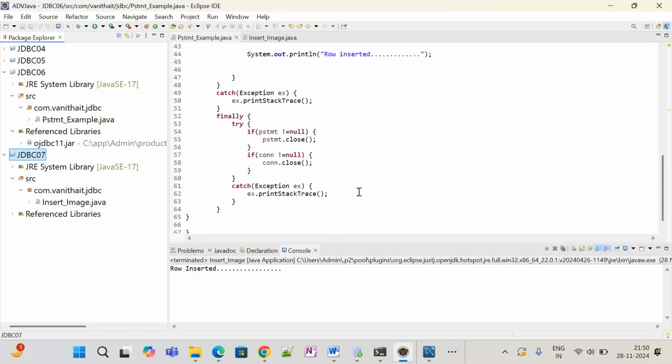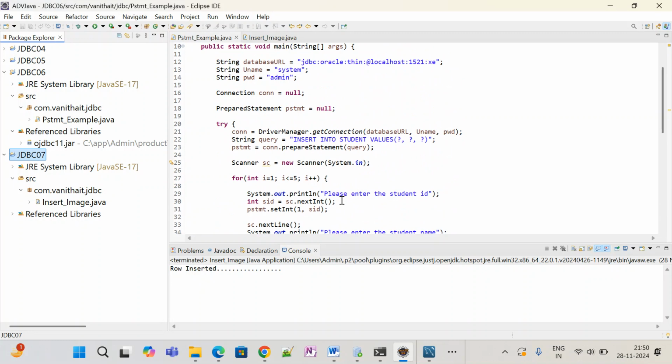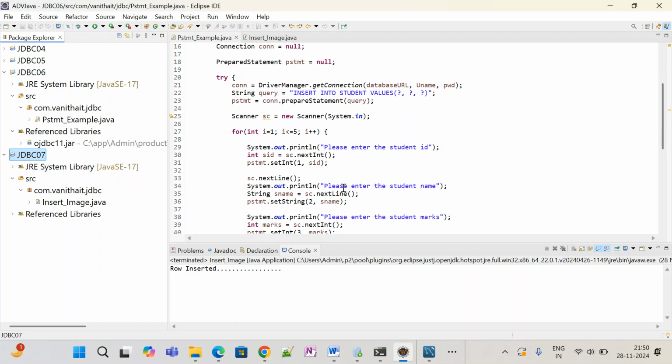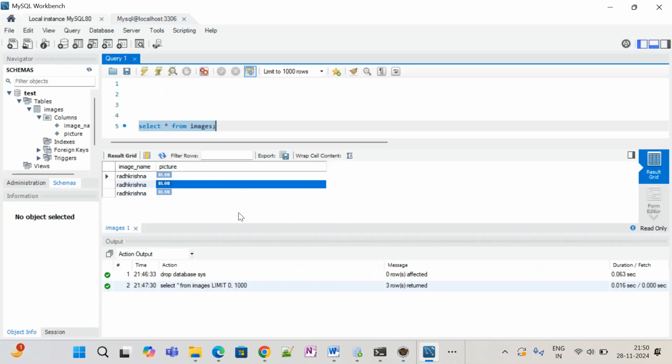This is my code, and we have to be very careful while inserting the rows. I have inserted only one row because it is easy to understand. For that purpose, I took only two columns, image name and the picture, a binary large object, right? For clear understanding, we select only two things to make our practice easier, right? So let's see in the next class, next statement.